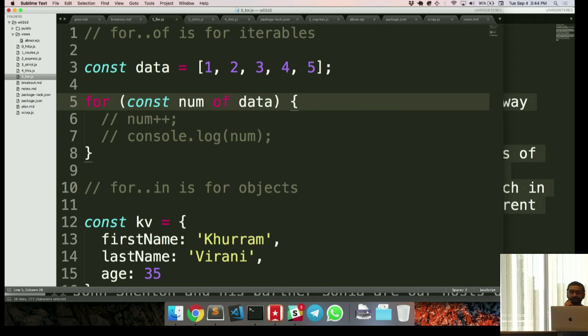Good point. The Airbnb style guide that we looked into in the beginning says that you should never use for of because they're broken. Because iterators in current JavaScript are broken. No idea why. But they say that you should always use forEach. So your comment is the Airbnb style guide actually tells you not to use these two ES6 constructs, for in and for of. And we actually refer you to the Airbnb style guide, so that's a bit of a conundrum. Because they're broken, I'm not exactly sure in what way. I haven't really looked into that, so I'd be curious about that too.